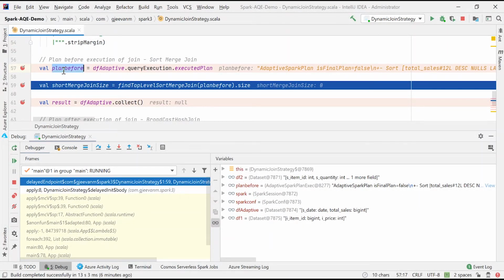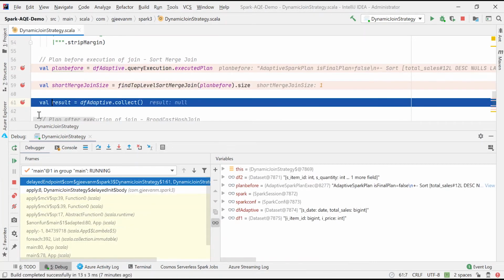So now we have seen the output from the plan before, the first initial plan. Now let me run the next step from the IntelliJ IDE. So this step got executed. This statement is just to see at the top tag what join is happening. From the top tag it is sort merge join.